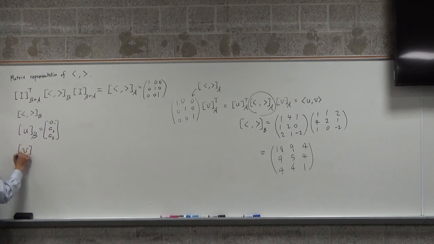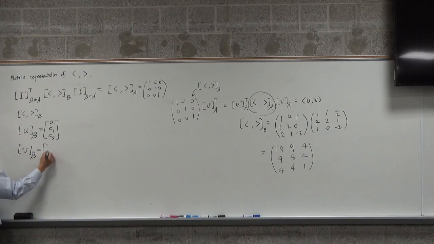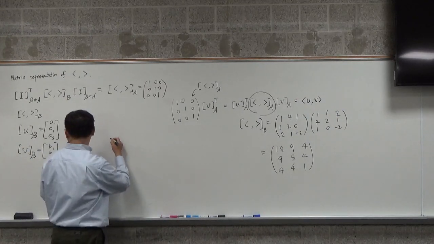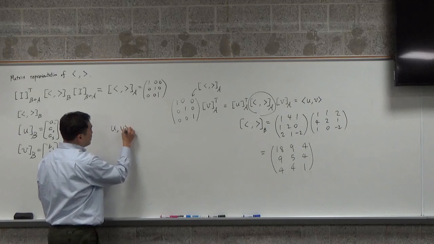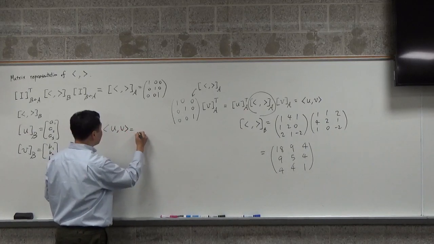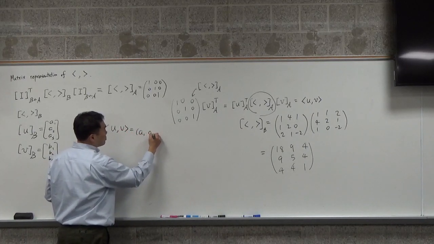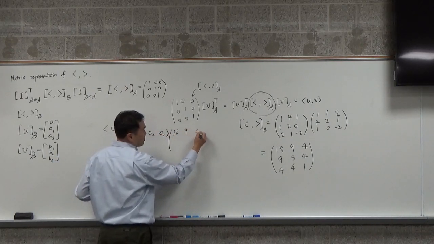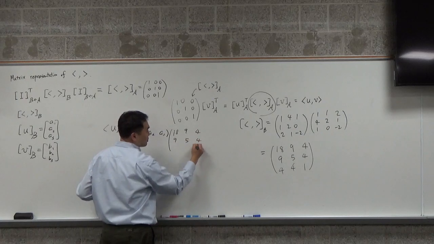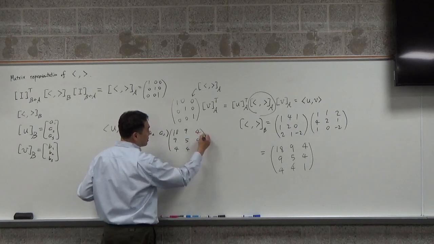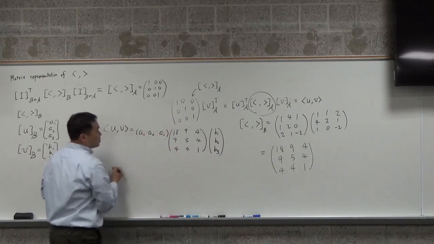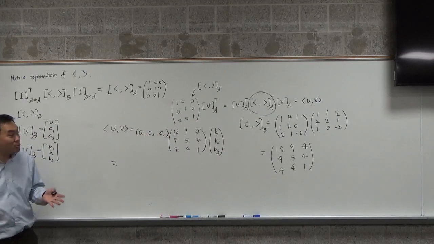And v under B, let's say this is B1, B2, B3. Okay. Then the inner product between u and v can be calculated by doing A1, A2, A3 times that matrix, 18, 9, 4, 9, 5, 4, 4, 4, 1, times B1, B2, B3,